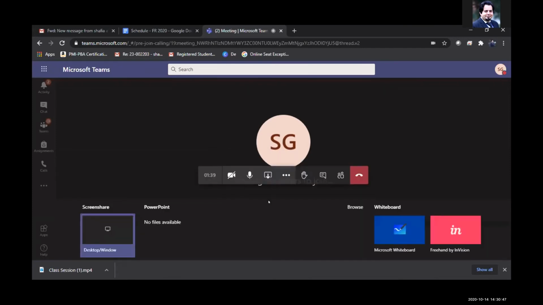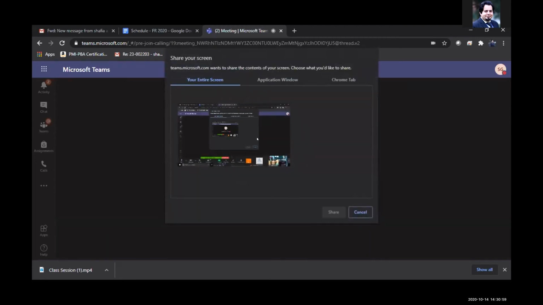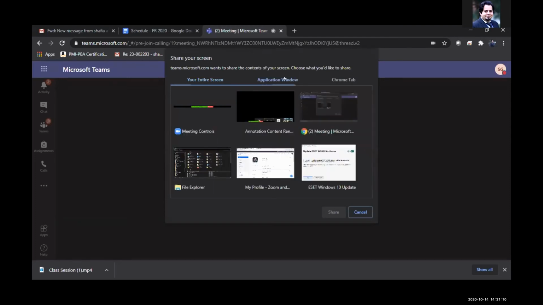And now I'm going to show you how you share your screen. So in the similar option that says share tray, you open it and you go to the screen share and select. You can select your entire screen, or if it is a particular window, for example, a PowerPoint display or a particular web page, then you can click on application window and select a particular screen rather than sharing your entire screen.